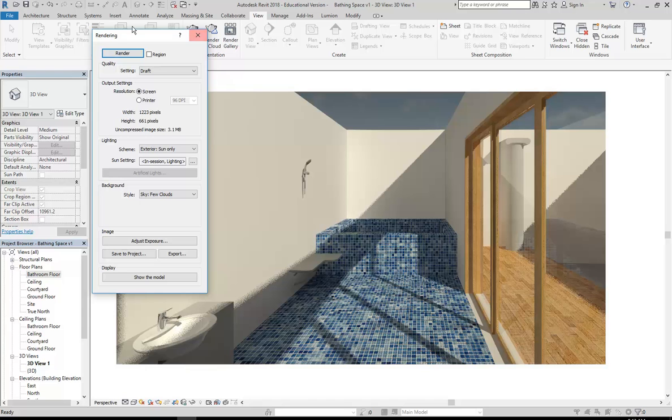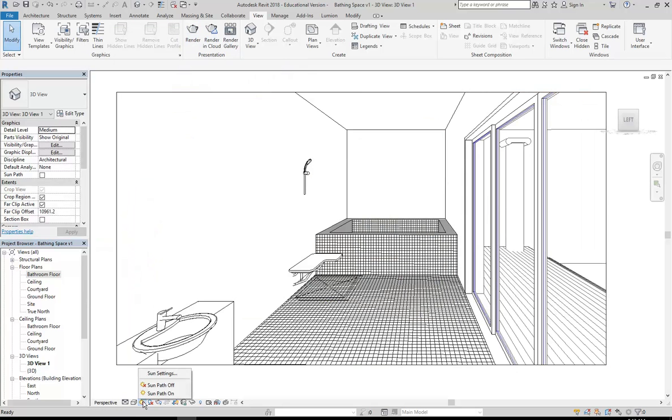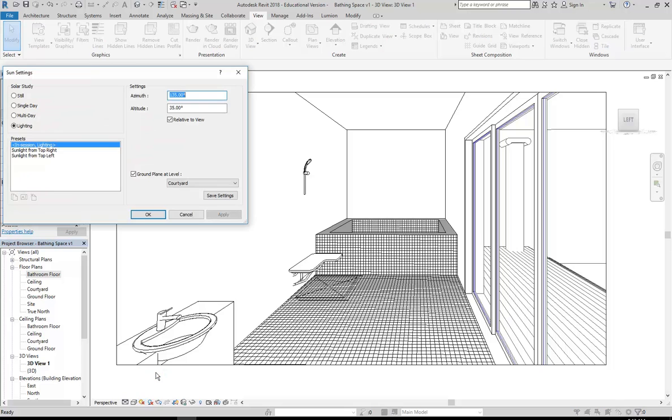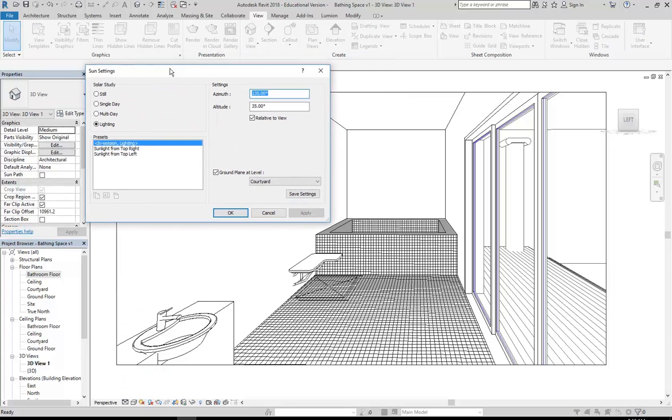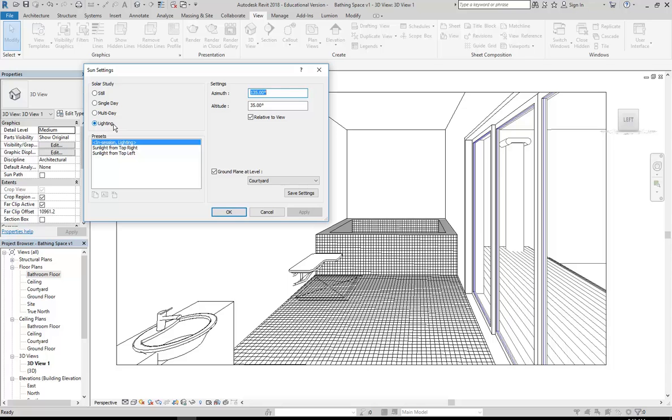So I'm going to close the dialog box, and then on the view control bar, click on the sun, and then go to sun settings. So then you can see it's on this lighting option, which basically lets you type in angles for your sun position. So essentially you've got the compass position, whether it's north, south, east or west, and the altitude, which is the height of the sun, basically. So you can do it with those two angles, but if you go to still,